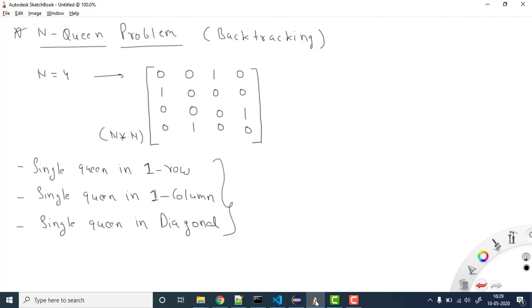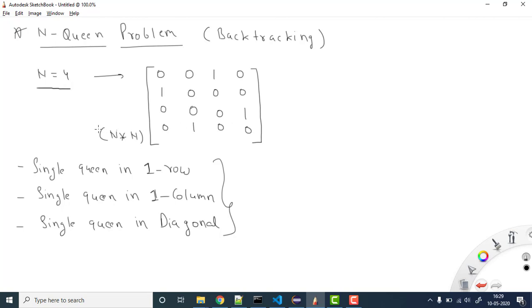In this, our second video of the backtracking series, we will see how we can solve the n-queen problem using backtracking. First of all, let's see what the problem is. We are given the number n. Like here in this case, we are given n equals 4. It means that we have 4 queens, and I need to place these queens in an n by n matrix.